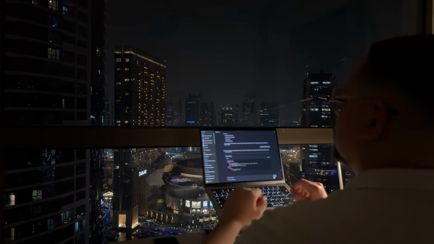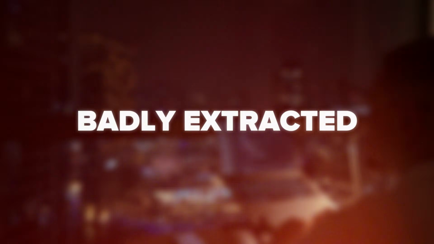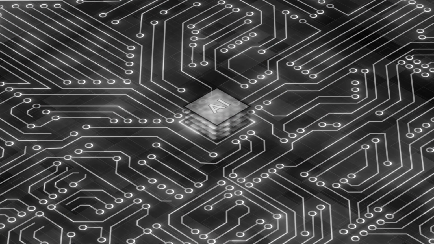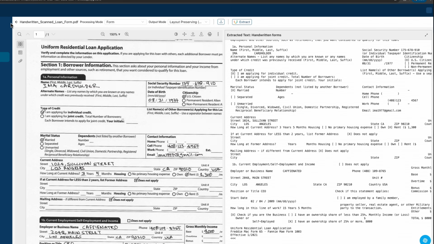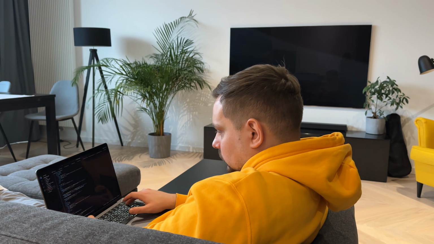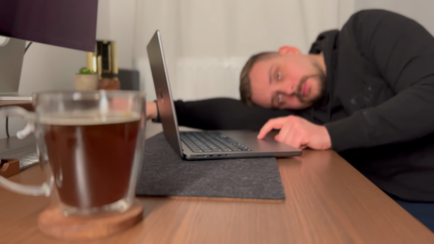Guys, modern LLMs are powerful, but they're only as good as the data you give them. If your document text is messy, broken, or badly extracted, even the smartest AI model can give unreliable answers. And this is a huge problem with PDFs, scans, tables, forms, receipts, and handwritten documents. Standard OCR tools often recognize the words, but lose the structure, so columns get mixed, headings disconnect from content, and